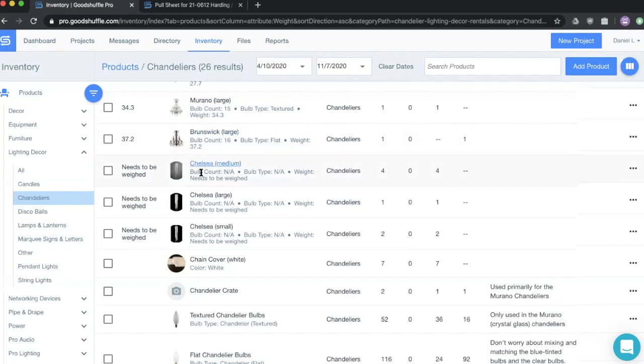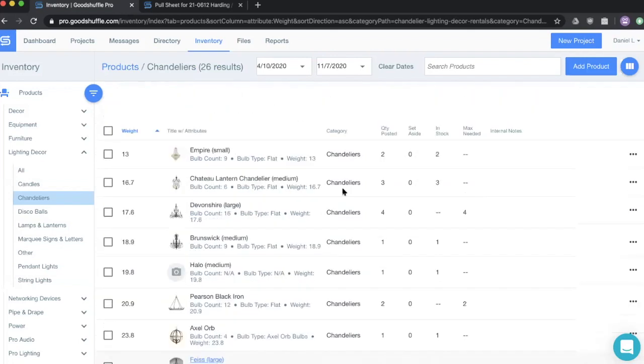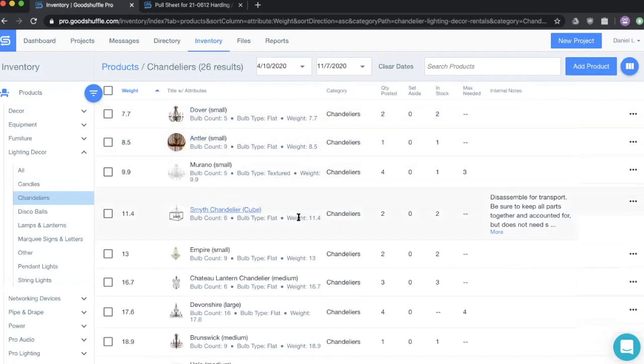You can also see for the bulb count and bulb type, they don't have any bulbs. They're more just like decorative pieces. So I put NA in both of those. And that's just as a way to reassure people that I didn't forget to put that category or that attribute in. It's just that that attribute is not relevant. So even though it is a chandelier, it does not have the bulbs and therefore doesn't have bulb type or bulb count. So that's really the use case for the attributes in terms of how we use